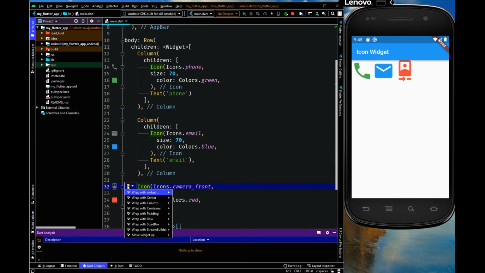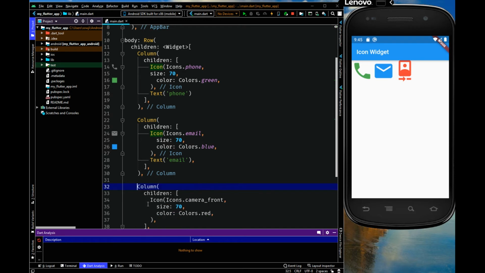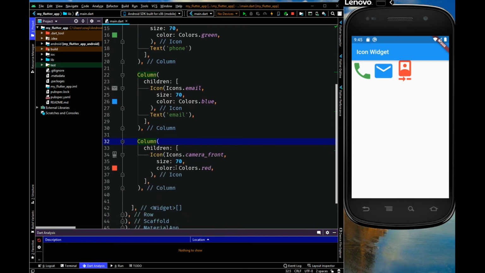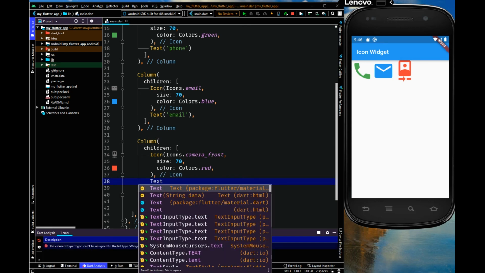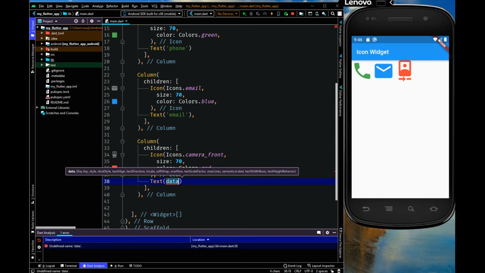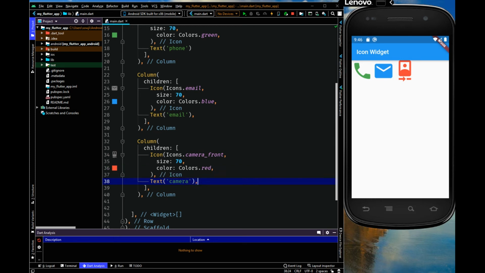So wrap with column and then add text. Camera. Okay, that's fine. And let me run this.